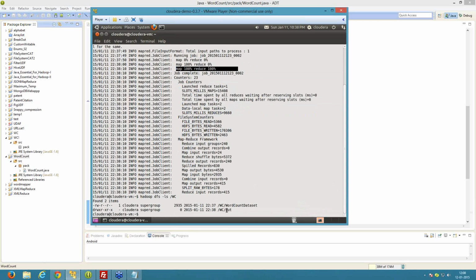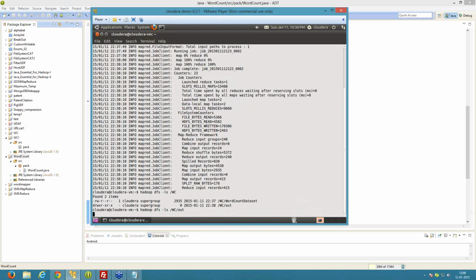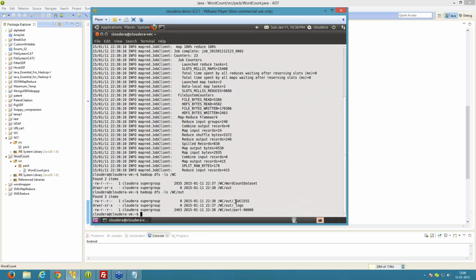Yes, the directory is created, that is out. We check whether the out directory contains the files. Yes, we have created three files: success, log, part 0001. Log contains the logs. Success doesn't contain any content. It shows the job is successfully executed.